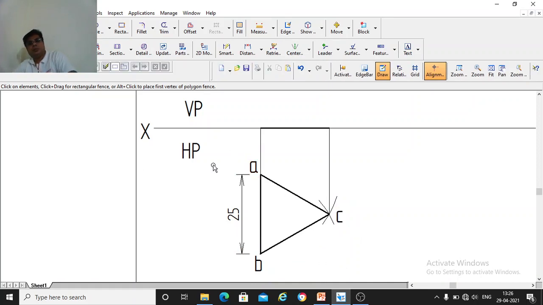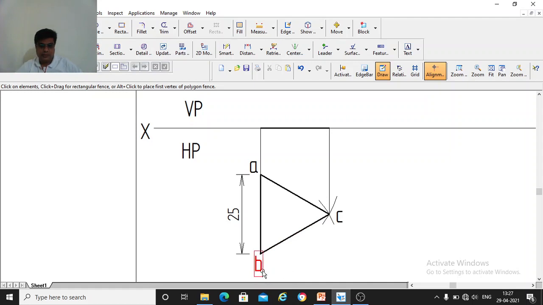Okay, so this is how you should write. Name the corners A, B, C, and always remember this sequence should be there: A, B, C. So in top view, the corners will be named with small letters a, b, c. And now I am seeing from the front. So a triangle is there, and I am seeing from the front. So now I am seeing from here, front.